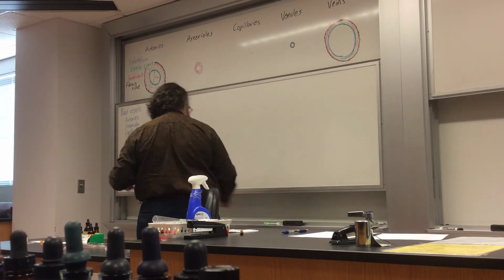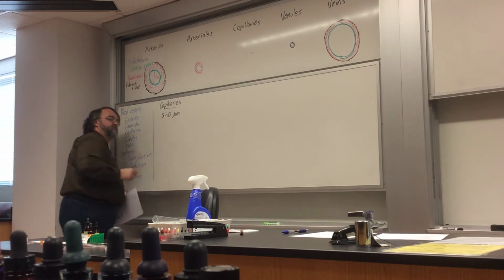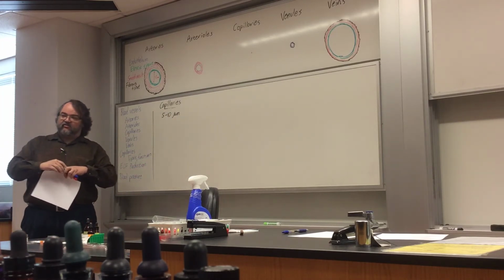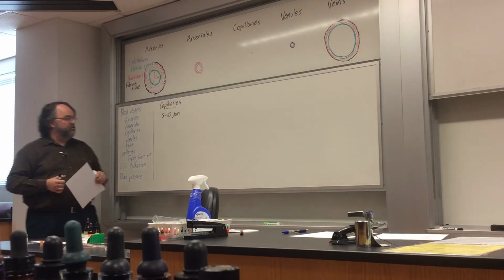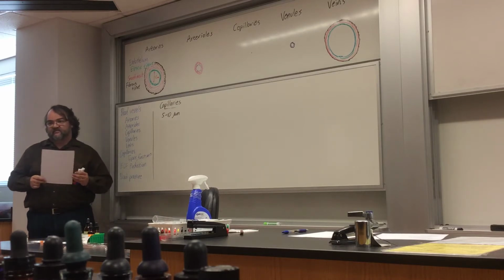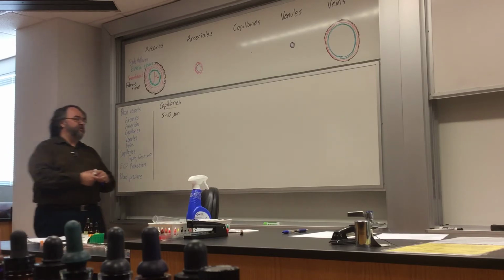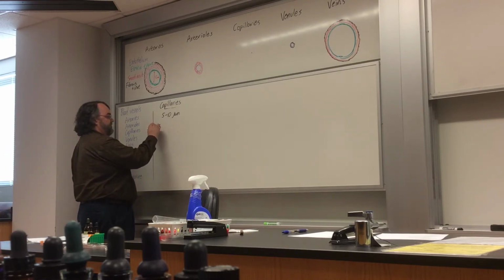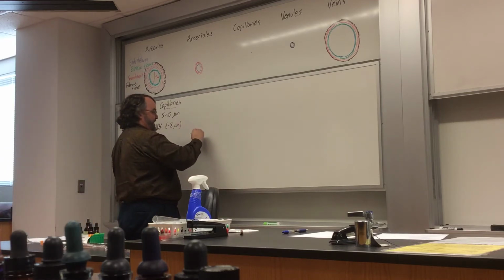I'm going to expand that range a little bit: 5 to 10. Remember, a micron is a 1,000th of a millimeter. So you could generally fit something like 100 to 200 of these side by side in 1 millimeter. They are smaller than we can see with the naked eye. Also, given that red blood cells are about 6 to 8 microns across, if you were to take a capillary and look at it in side view,